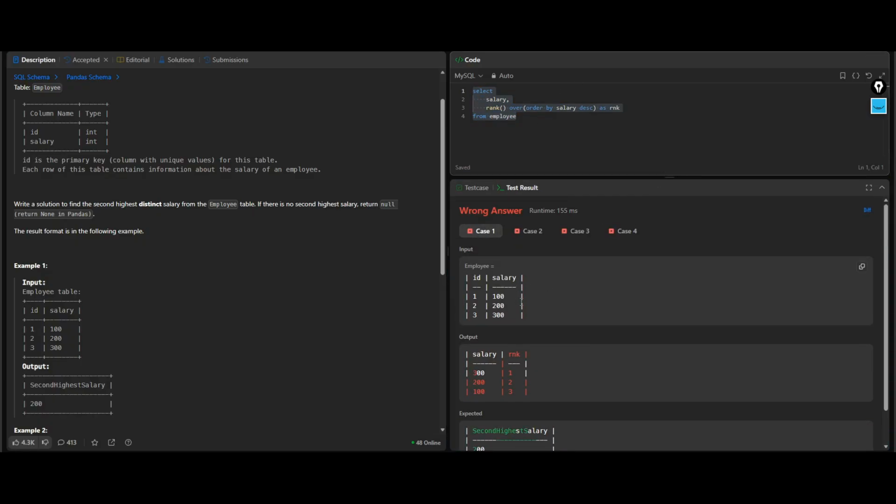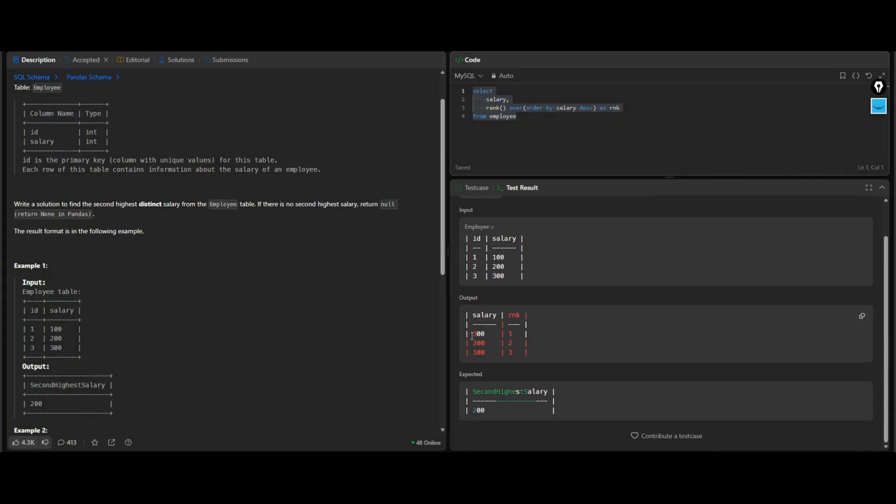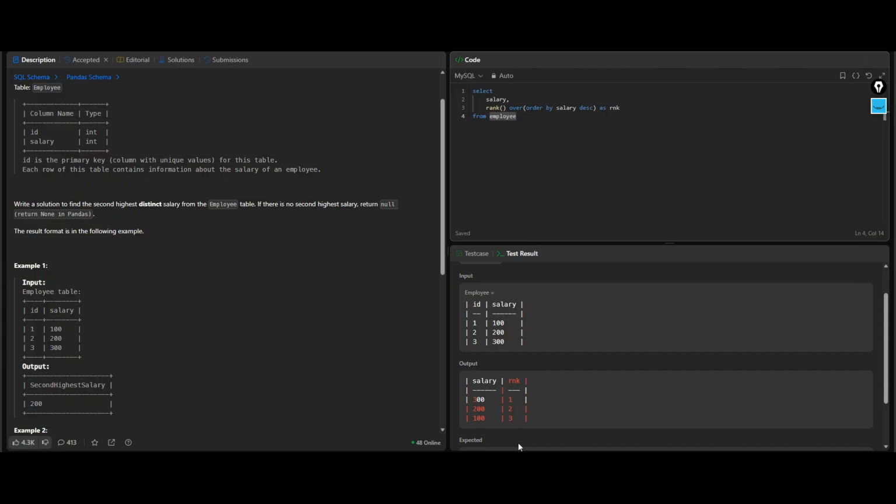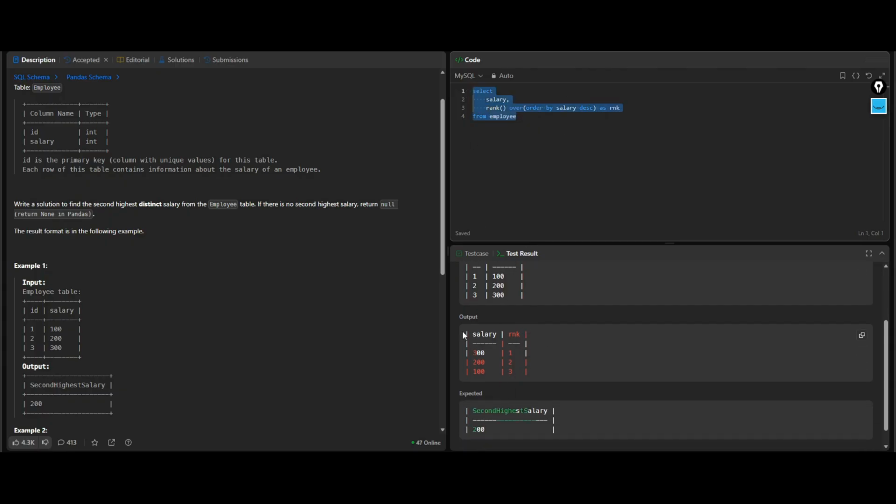In the first case, you can see 300 is the highest salary, 200 is the second highest and 100 is the third highest. When we write this query, we get this output.